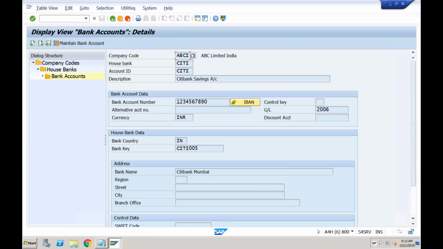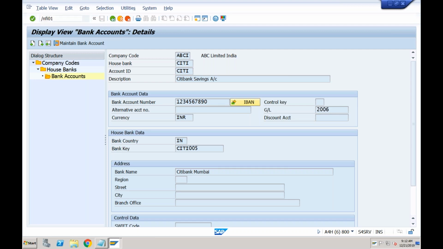So system is asking you, you are getting the bank statement for which bank? So I want to tell the system I'm getting the bank statement for this bank key and this bank account number. Okay, and obviously I need to change this GL. Why? Because earlier I was using this another GL, but now for my bank account I'm going to use this GL, or maybe I'll show you how to create one new bank account completely, to avoid any kind of confusion with what we created earlier. So I'm creating a new bank key.